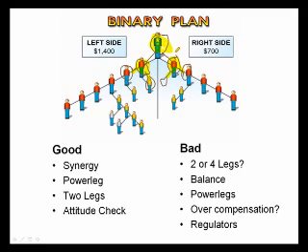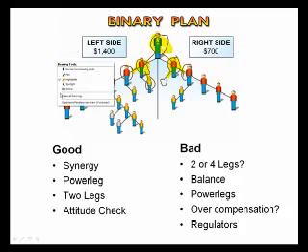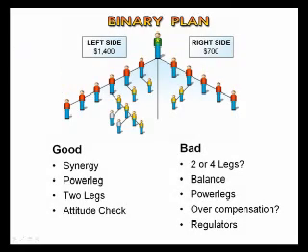If you're not doing 4 legs in a binary plan and your company allows you to do 4 from the beginning, you're crazy. You're absolutely crazy. So it is definitely a 4-leg plan. And people say, well, yours is a 2-leg plan, mine's a 3-leg plan, so mine's better. No, binary is a 4-leg plan, so the 4-leg, 3-leg might be better than the 4, who knows? Balance. Balance is the key, and as part of the discouragement in a binary structure is that distributors really don't like the fact that they have to perfectly balance their legs. Now, one type of company has kind of created an answer to that, and they do what's called a